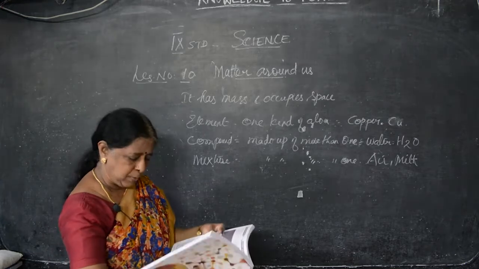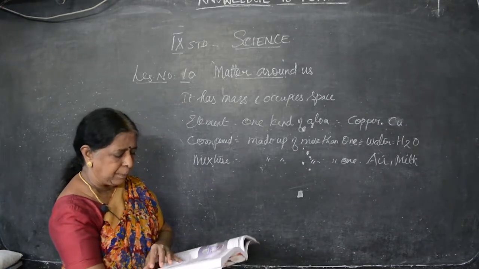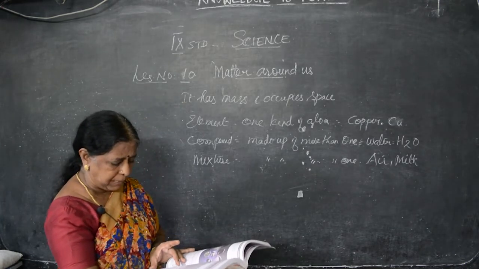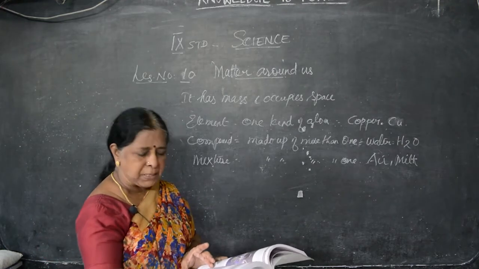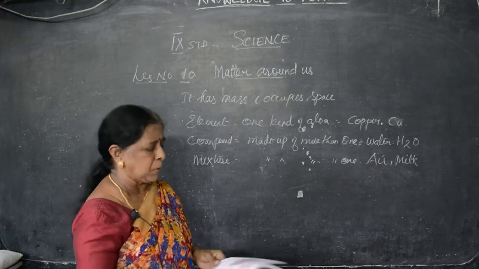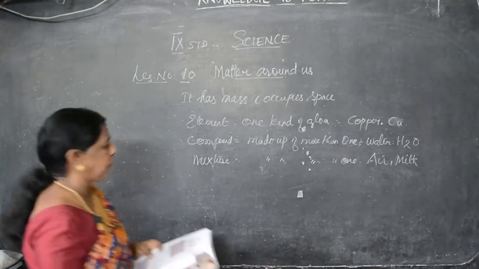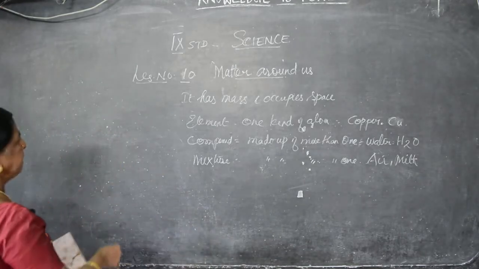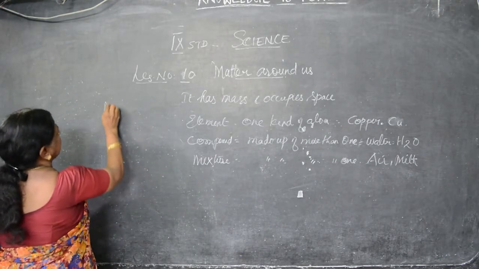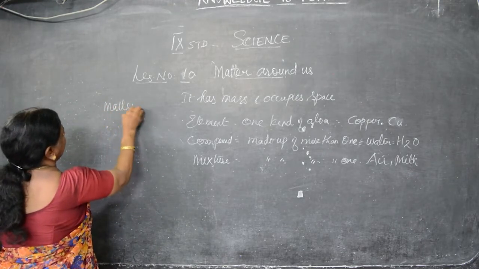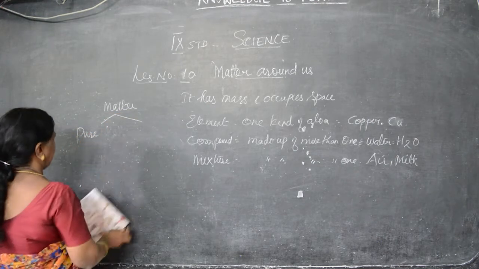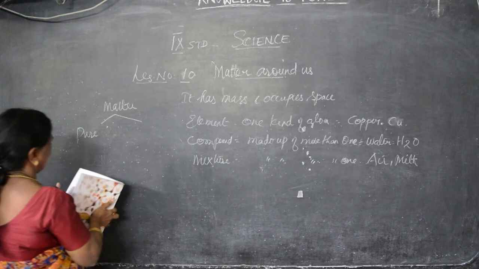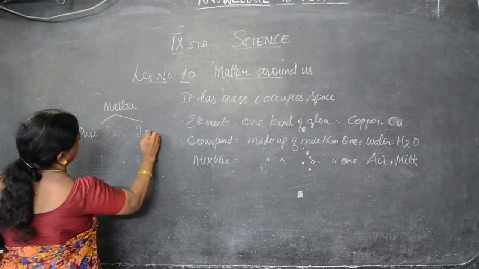Okay, let us see what is given here. First take your books and underline what is matter. That's on page number 113 at the bottom. Matter is anything that has mass and occupies space. That is an important point. Further, we can divide matter into pure substance and impure substance.